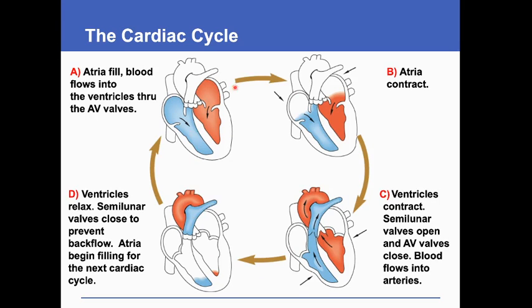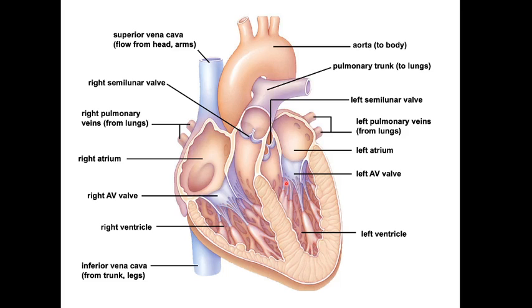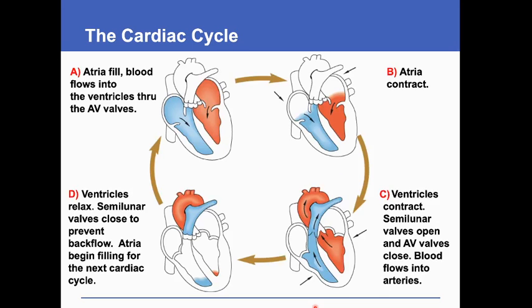We have to ask why it's happening. Why do the atria contract? And then why do the ventricles contract? And why do they contract from the bottom up? Why don't they contract from the top down? Why? I sound like a 2-year-old kid. 2-year-old kids are why machines. All they want to know about is why. And so, why